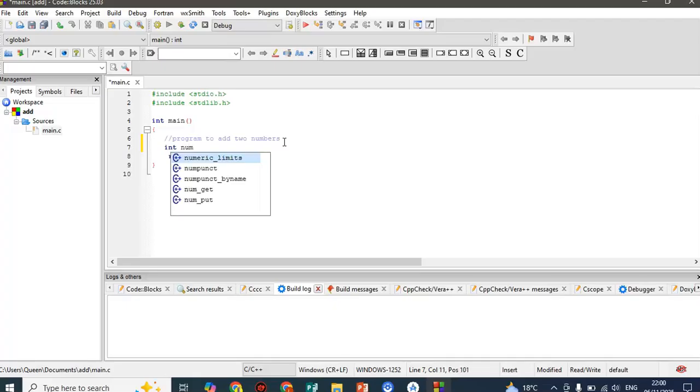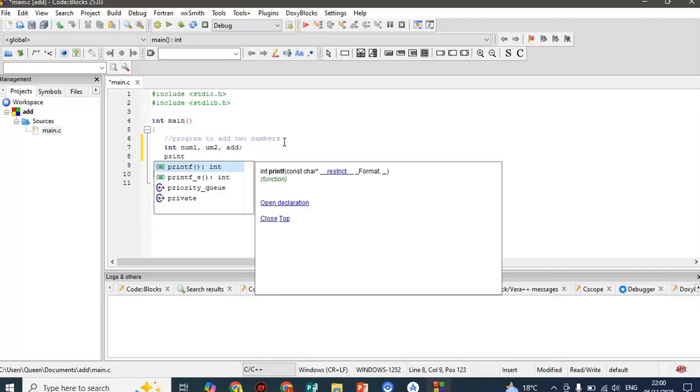the num1, num2, and then you have the word sum or even add, like that. So we are going to ask the user to enter the values. So we would say printf